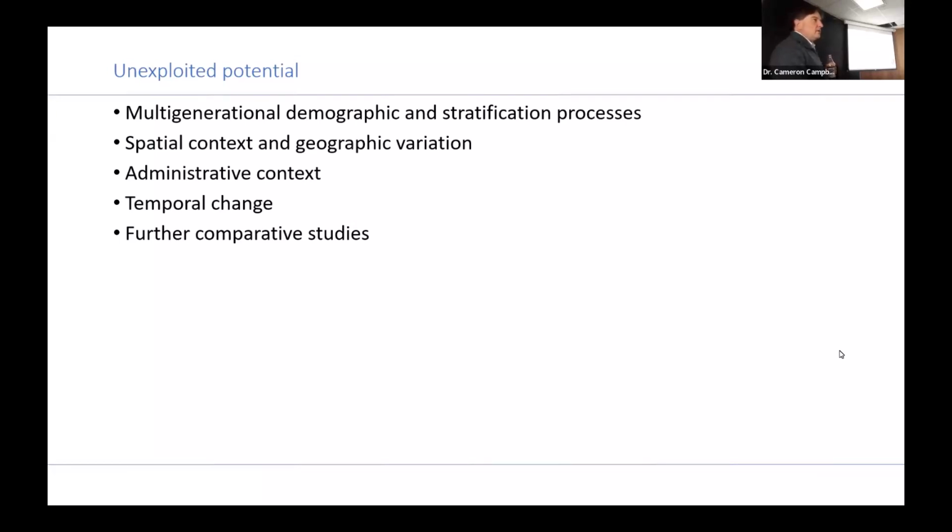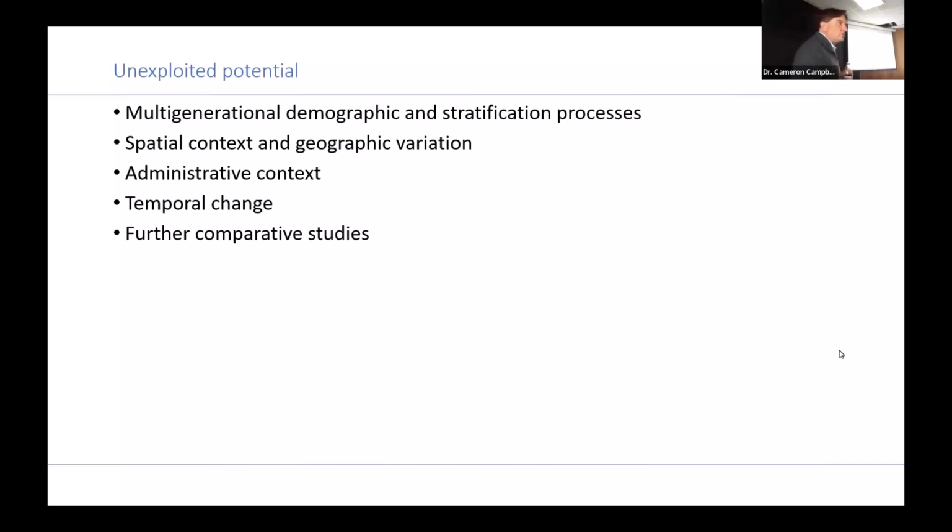Some of the people that have used them are not China specialists. They've just been exploiting the data because there are certain properties of the data that are not available in other publicly available data. And I think there's still work to be done in multi-generational demographic and stratification processes, and work to be done on spatial questions, because again, we have the